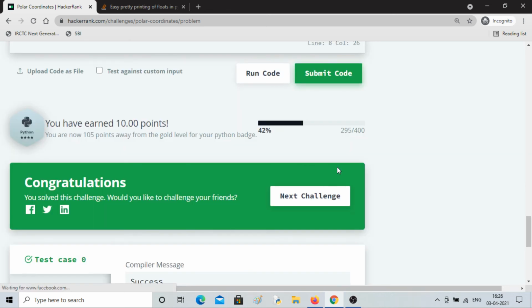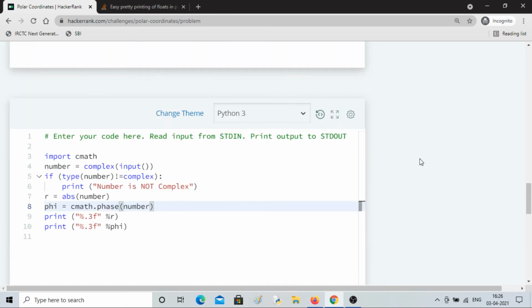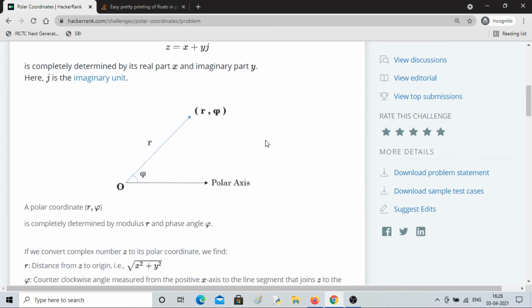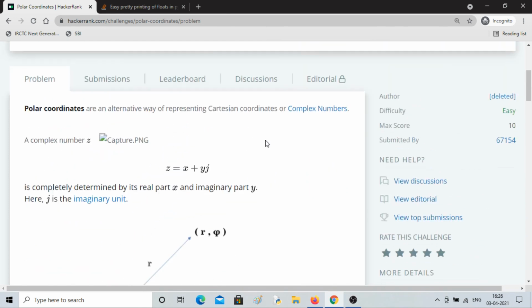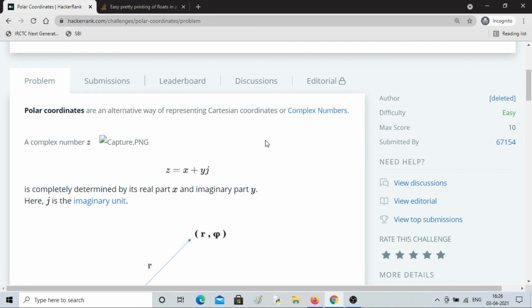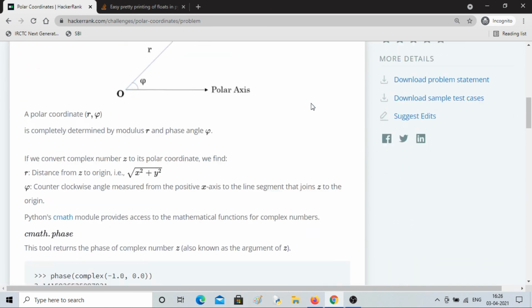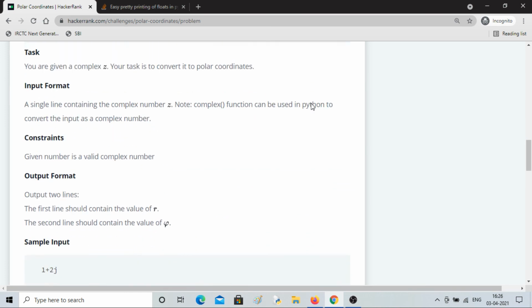Congratulations. So a slightly simple example you have here. If you have a little background in mathematics, you might be knowing this, it will be easier for you. Else even if you don't have the background, you can go and click here to check more about complex numbers. So see you guys in the next challenge.